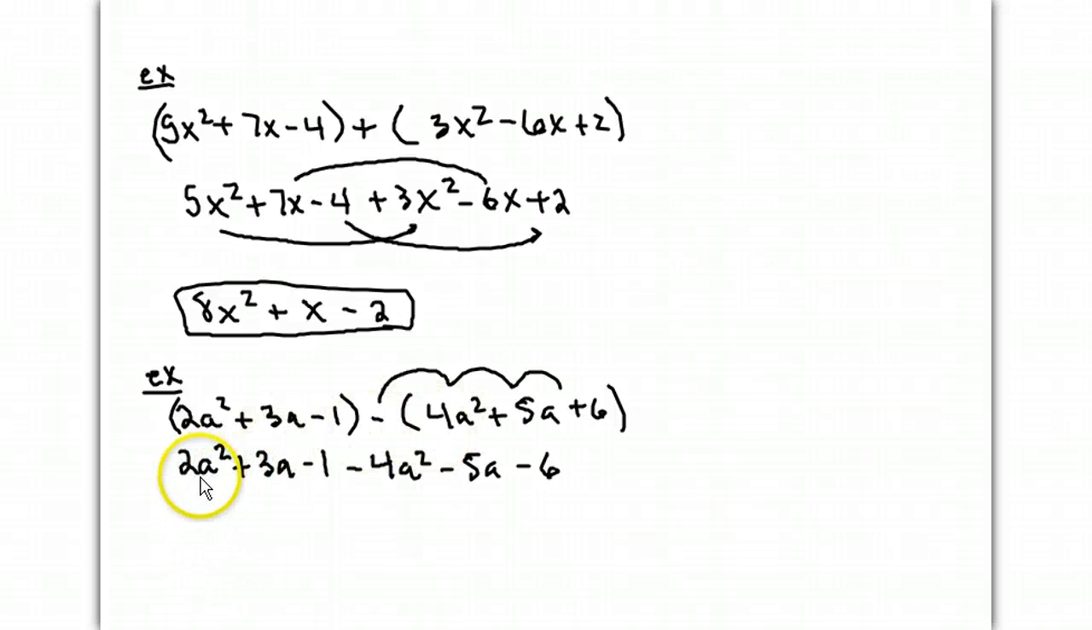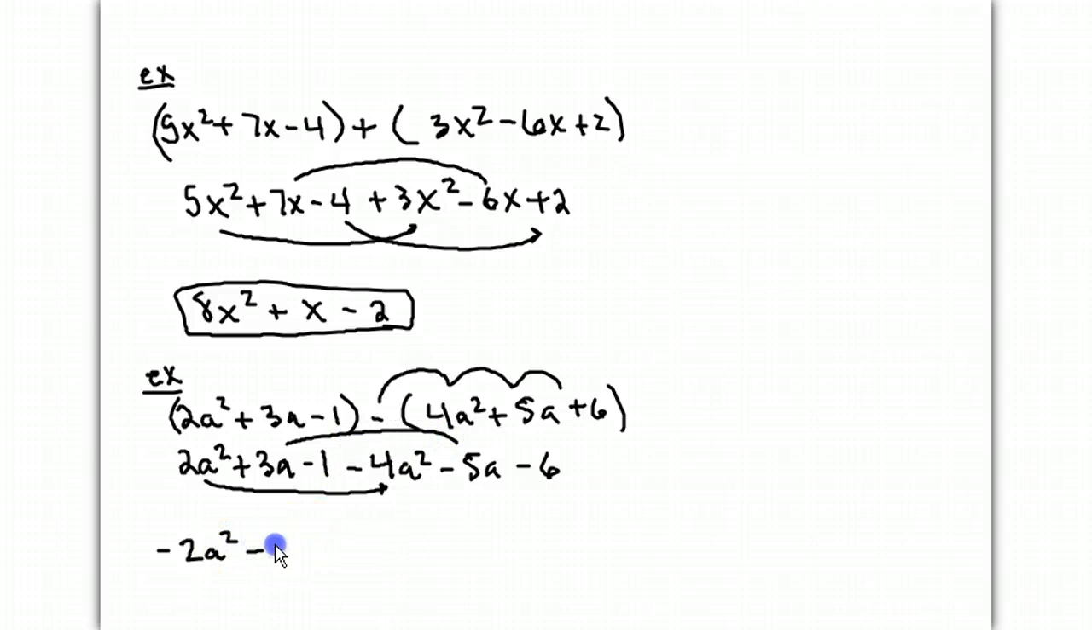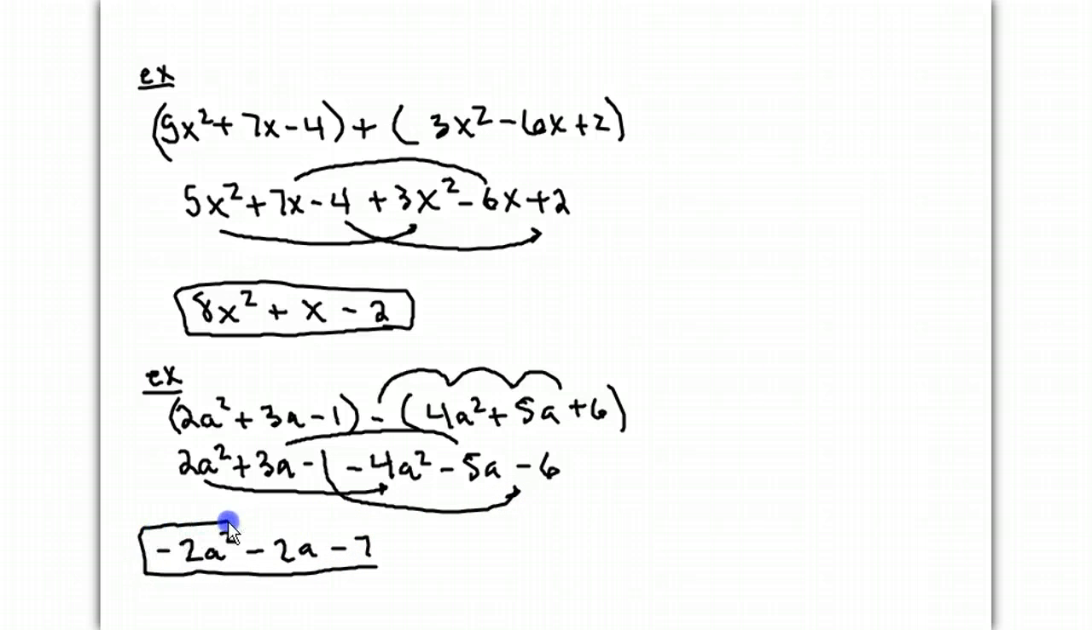And then you add the like terms. So you got 2a squared minus 4a squared, which gives you a minus 2a squared. And then you have a 3a minus 5a, which will give you a minus 2a. And then a negative 1 and a negative 6, which will give you a negative 7. So the result is negative 2a squared minus